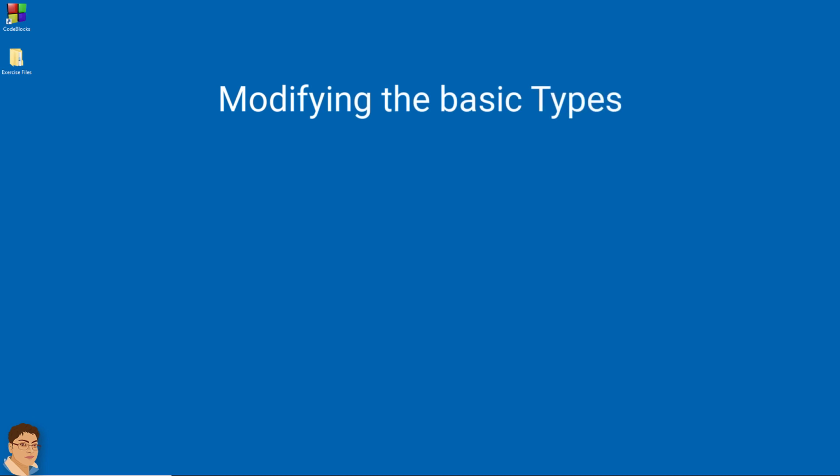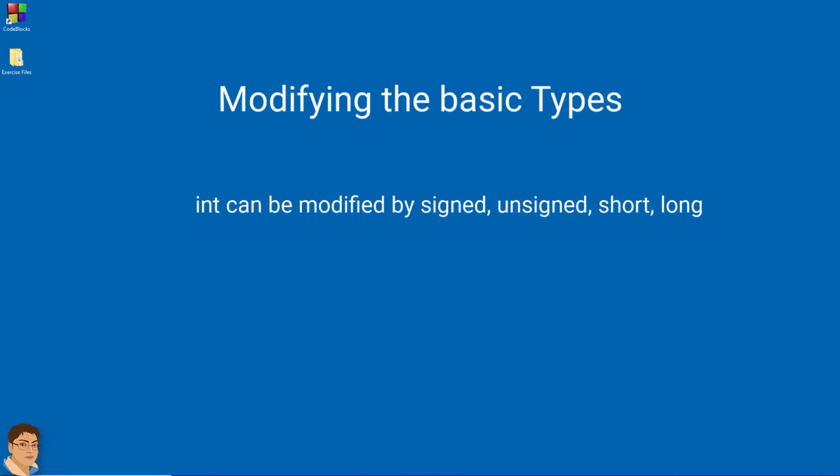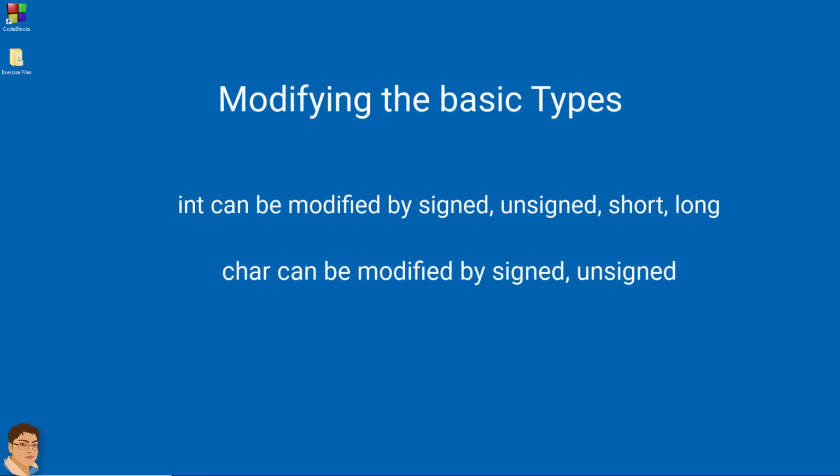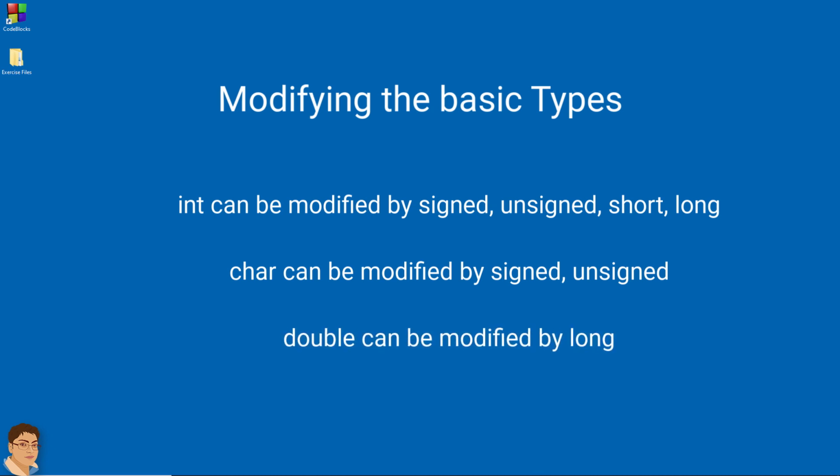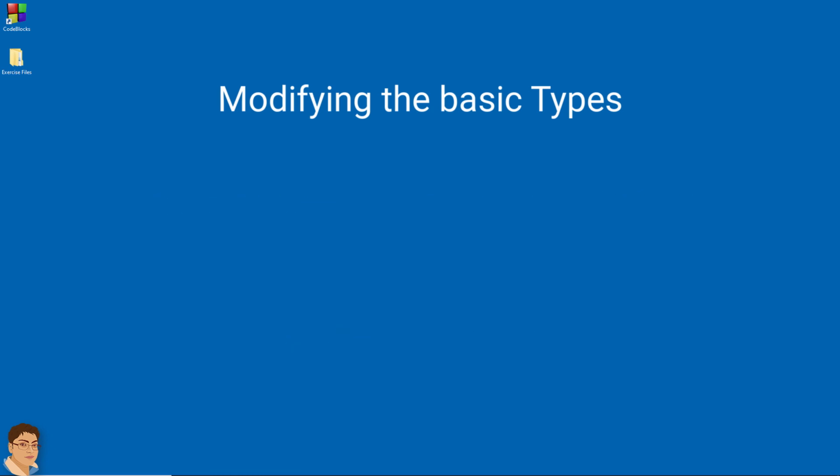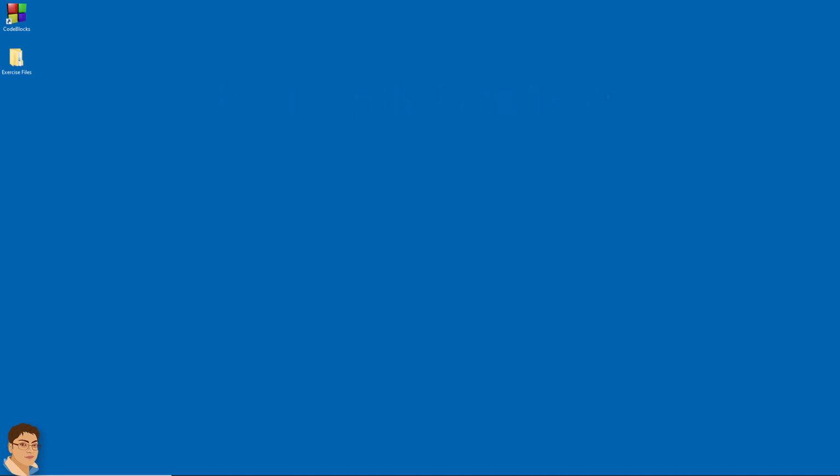Except type void, the basic data types may have various modifiers preceding them. A type modifier changes the meaning of the base type to more precisely fit a specific need. The list of modifiers is shown here: signed, unsigned, long, short. The int can be modified by signed, unsigned, short, and long. The char type can be modified by signed and unsigned. You may also apply long to double. All valid data type combinations supported by C along with their size in bytes and ranges are shown in the following table.